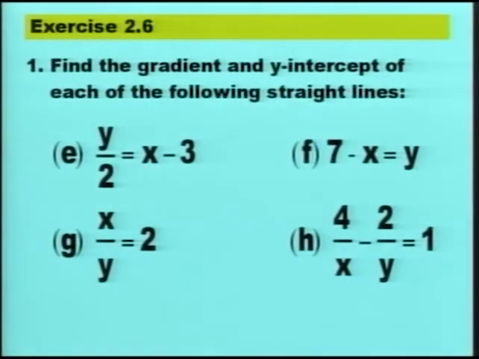E, the gradient is 2, the y-intercept is -3 on 2. Sorry, -6. Gradient is, again, sorry, 2, y-intercept is -6. F, the gradient is -1, y-intercept is 7. G, the gradient is 1/2 and the y-intercept is 0. That equation is y equals 1/2 x. That's for letter G. Letter H, the gradient is